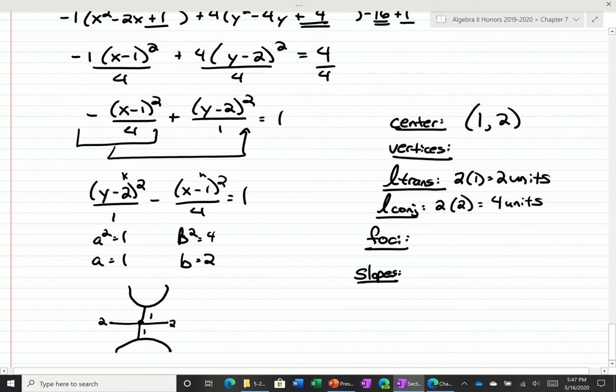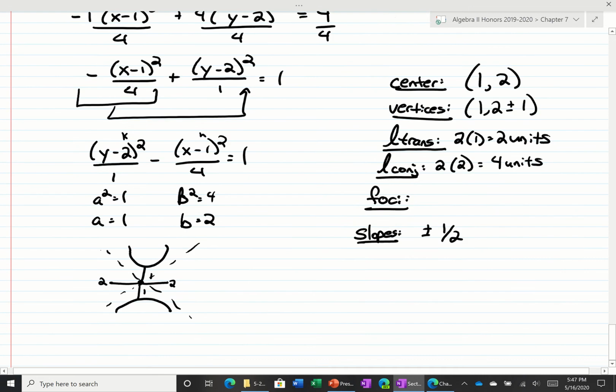The length of the conjugate would be 2 times 2, or 4 units. The actual slopes, well, if you look at your picture, you're going up 1 and over 2. Sometimes people switch those because they don't have a picture. The vertices, it looks like we're going up and down 1 unit. So our center is 1, 2. But because we're going up and down to get the vertices, we're going to be adding 1 to the y